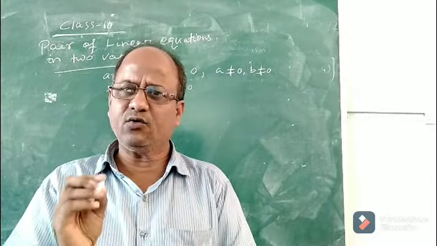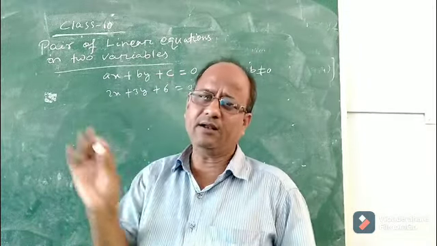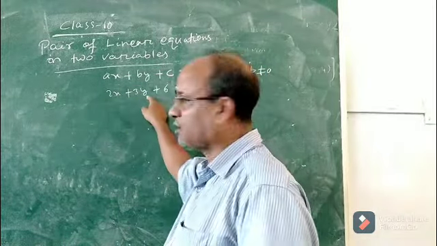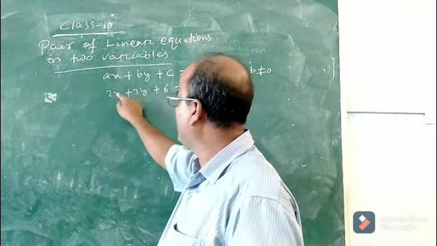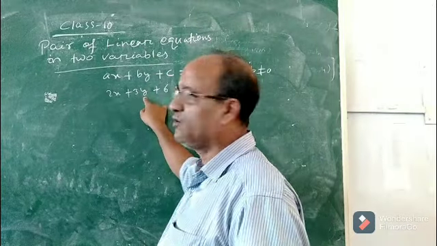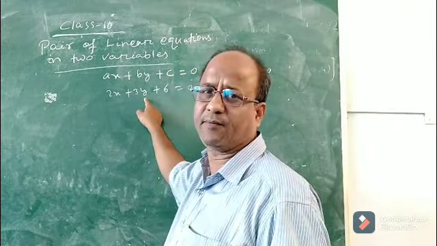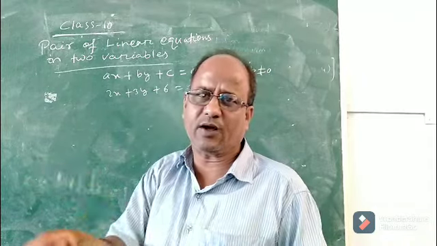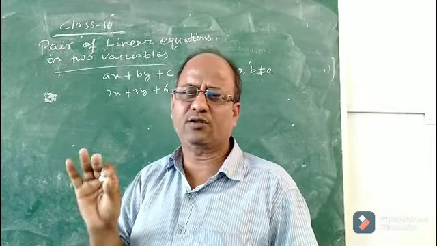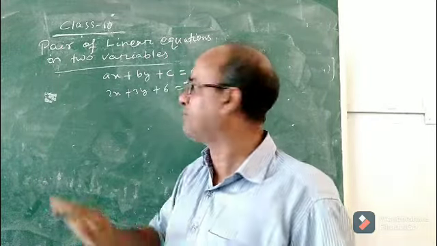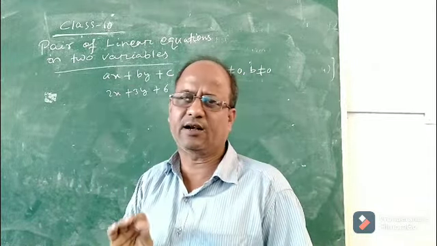A linear equation in two variables of this form has infinitely many solutions because the number of equations is 1 and the number of variables is 2, x and y. So for any value of x, we will get a different value of y, and that ordered pair x and y will satisfy the equation. So we can find many solutions, and how to find those solutions, how to draw the graph of this linear equation in two variables, these are the things which we have already read in class 9.